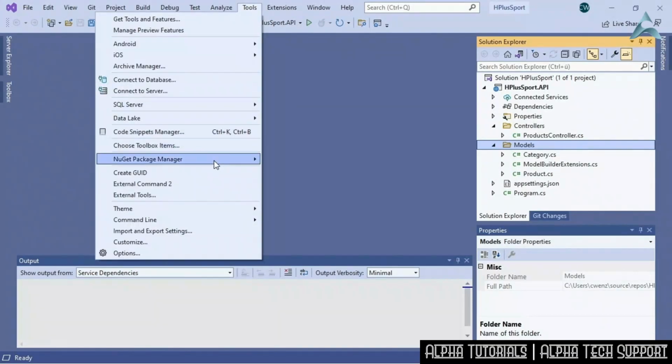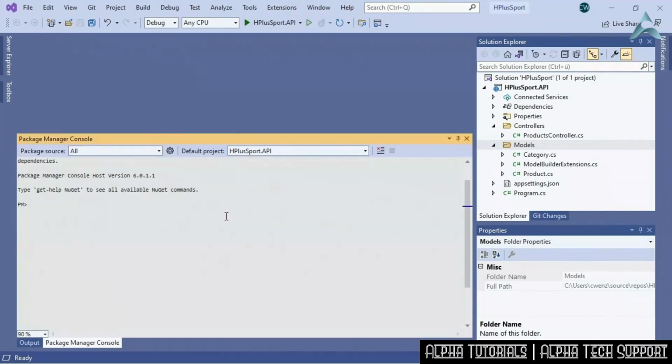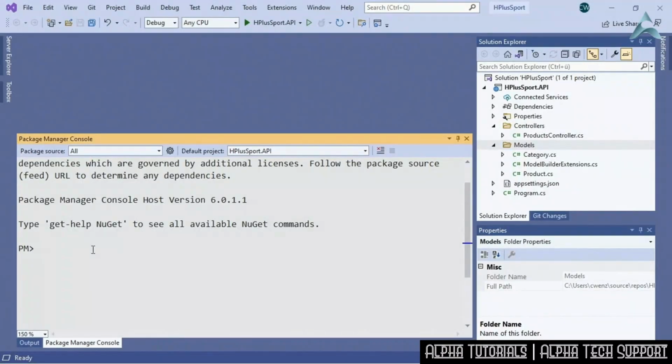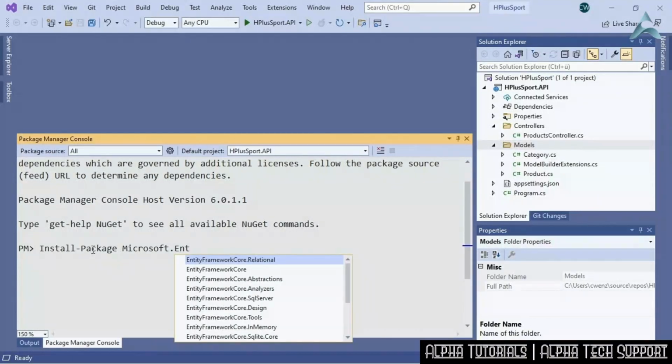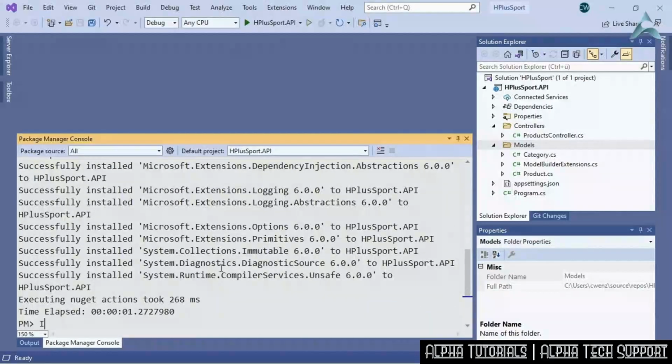And here in Visual Studio, I can access the NuGet Package Manager Console, which is basically a PowerShell. And I'll do it in here, but of course you can also do it from a regular PowerShell window. And if I increase the font size a little bit, I could do something like Install-Package and then Microsoft.Ent, and then I hit tab, and then it basically queries all packages that start with that name, and EntityFrameworkCore is what I want. So let's install that real quick. And next,